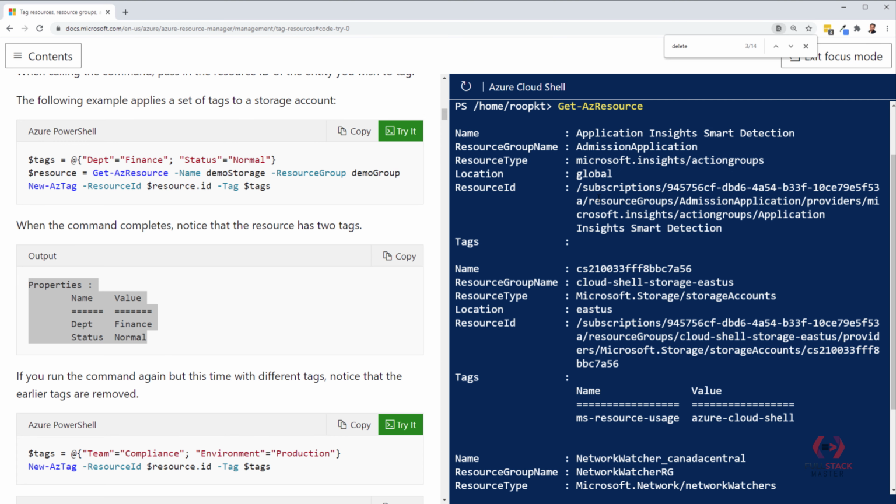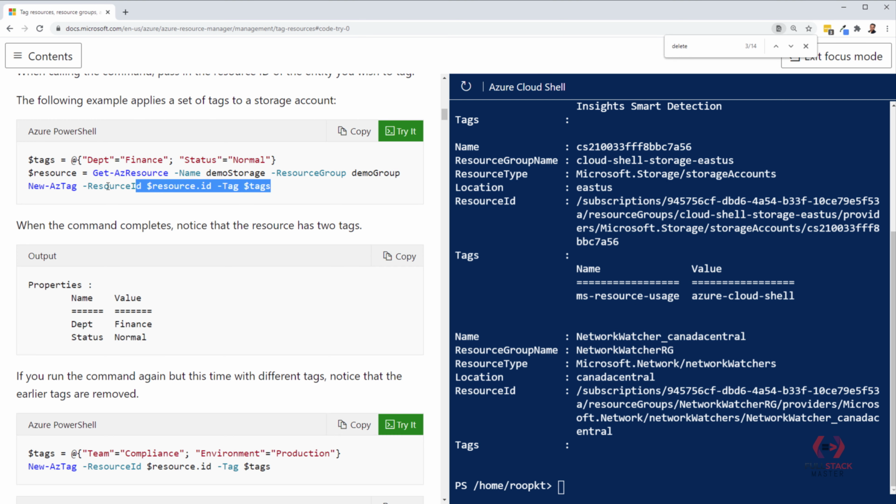Remember, in order to apply the tag, you need a resource ID. Either you can use this long resource ID, or you can fetch the resource first by using its name and resource scope, and then from resource.Id you can use the ID and pass that, like in this example. So let's get the resource first.